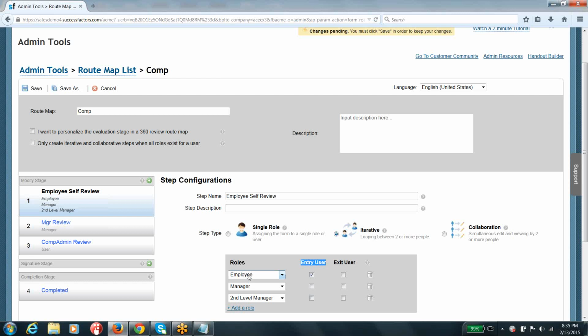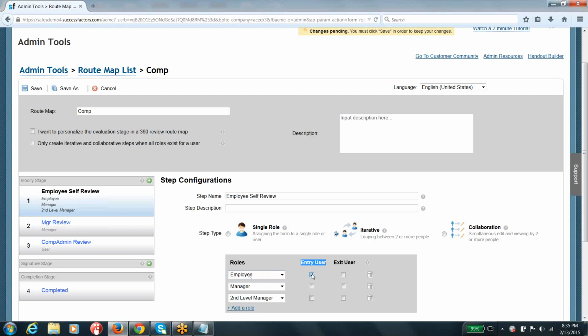So whenever an administrator is launching the forms, he will select a couple of users, guys, whether based on their usernames or based on some criteria like their country or division, department, whatever might be the criteria, but he will be launching straight away to the employees. So you might be one of the employees, so you are the entry user, which means you have to work on the form as a first thing.